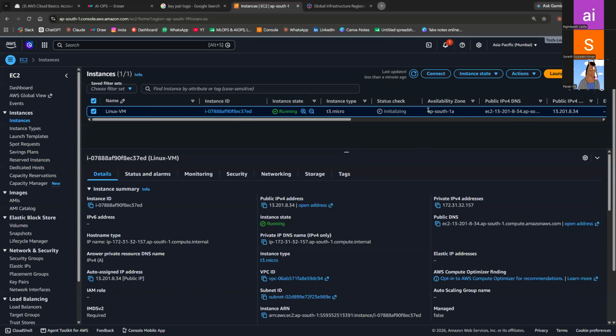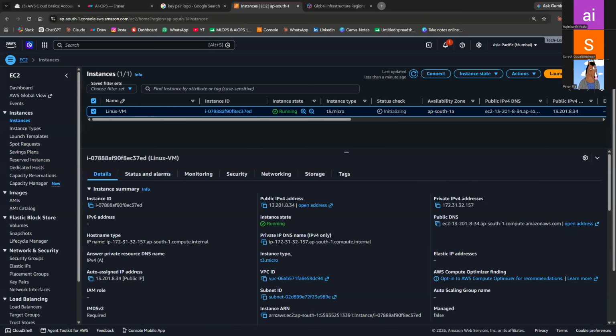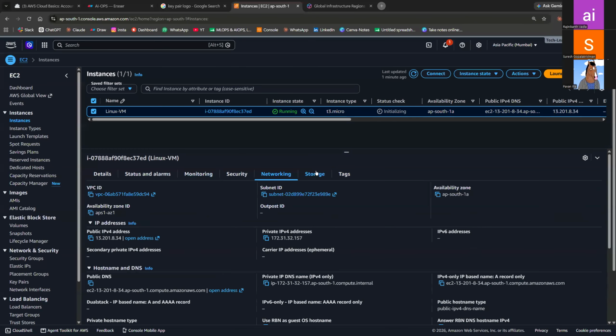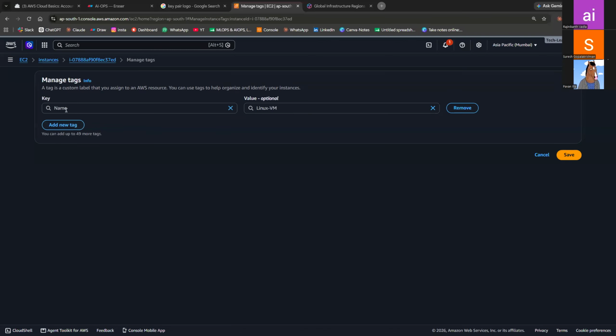It represents that status check. Click on this and you see all this information down below: which VPC, which instance type, public IP, private IP, and everything here. And networking, storage, tags. Here you need to give the tags, like yesterday, as I said: manage tags, add tag. You need to use Gen AI team.